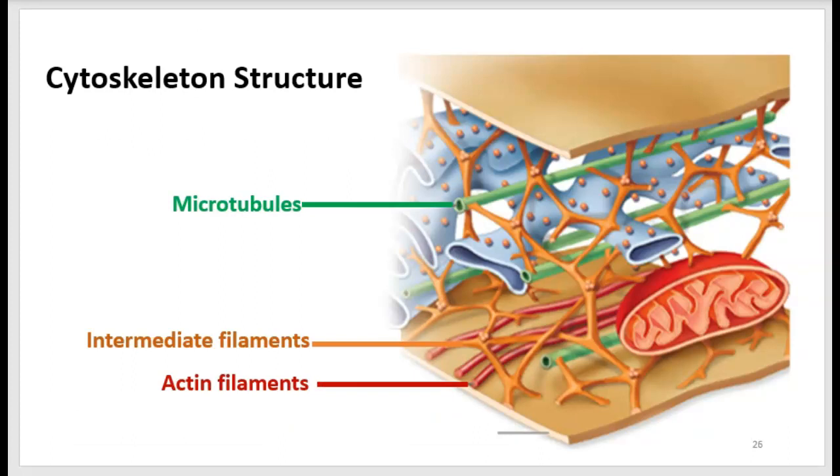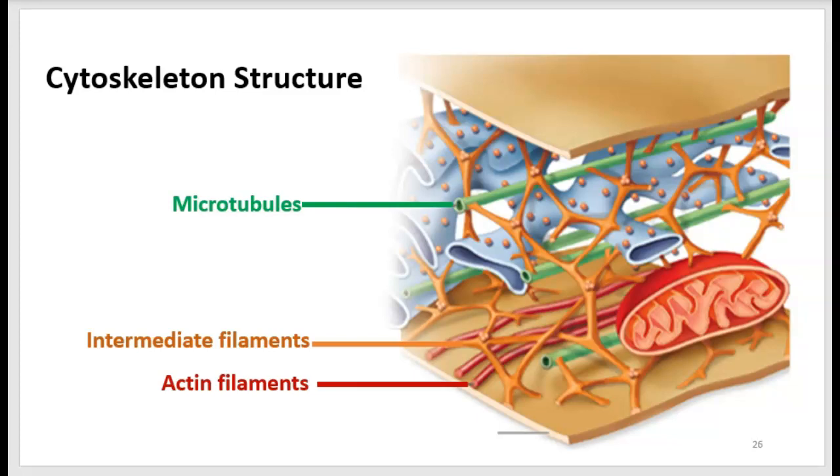Now, another part of the cell that has microtubules is the cytoskeleton. And notice that in this picture they're green, so the microtubules are green. They usually are single or double microtubules twisted together. And I'll talk about what they do in a second. But since they're part of the cytoskeleton, let's look at 3 components of the cytoskeleton, or the structure of the